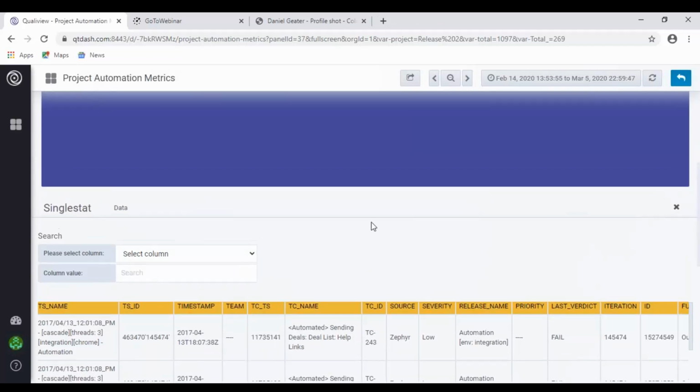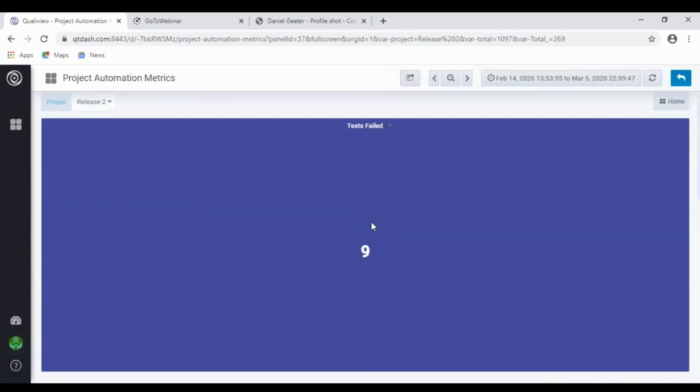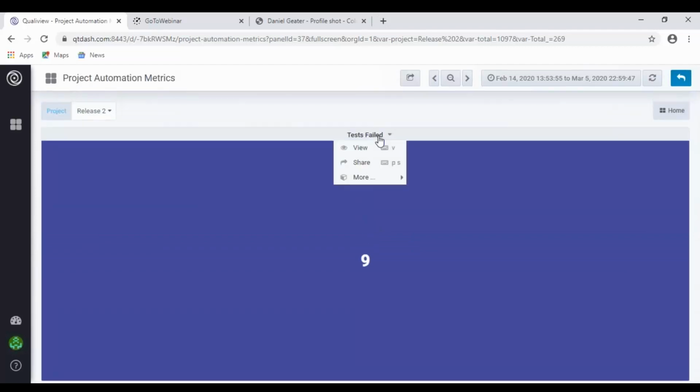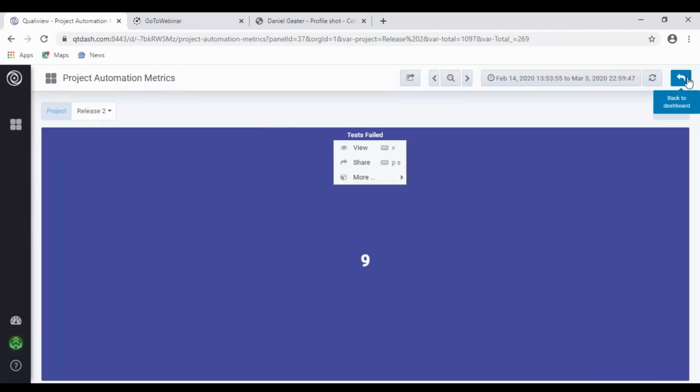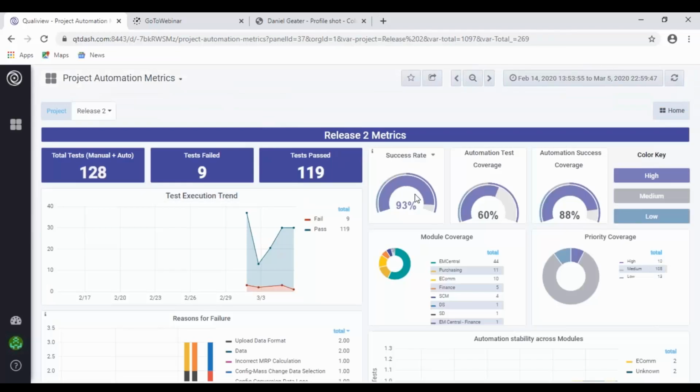So what this tells me very quickly as a test manager is, okay, we don't need to focus on these failed tests. So I can jump back into my dashboard and send this information out to my closure session, and we can have a very metric-driven conversation about what decisions we make in terms of exit, and in terms of whether we need to investigate further or retest these failures.